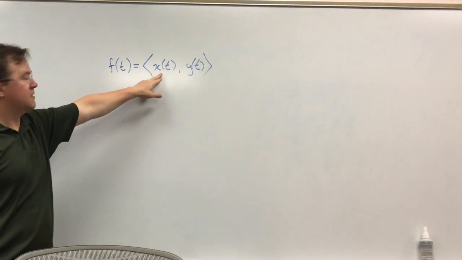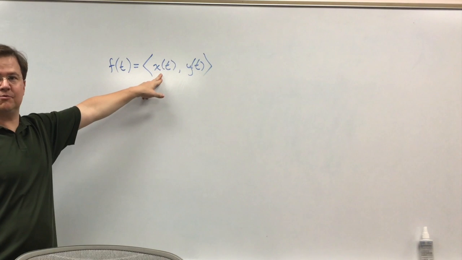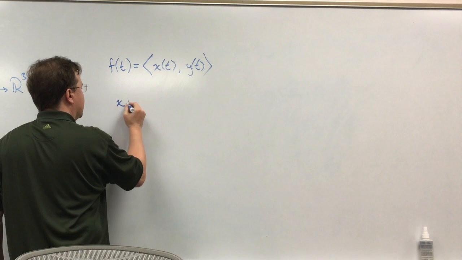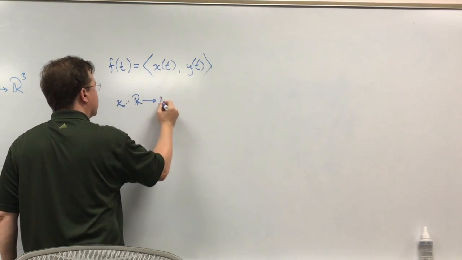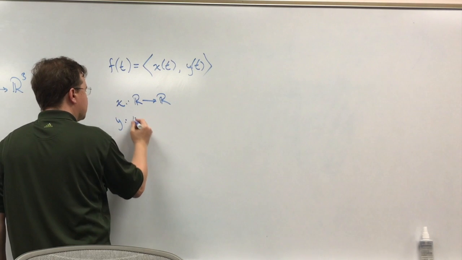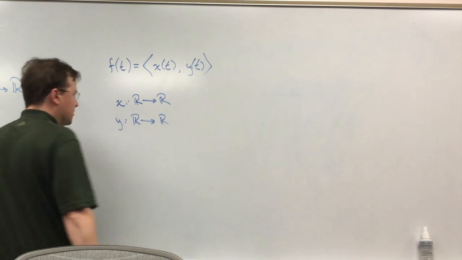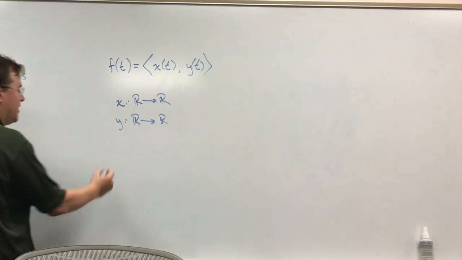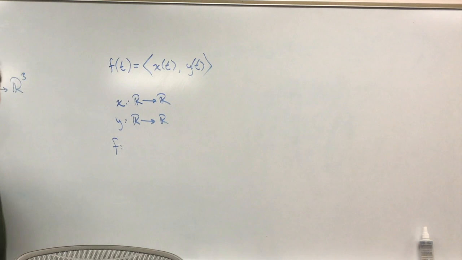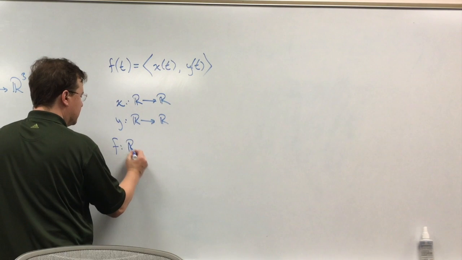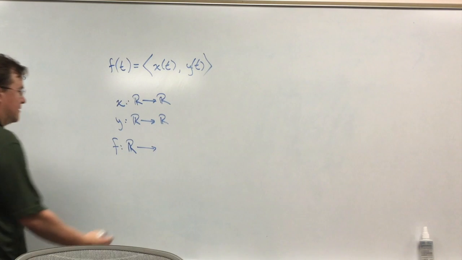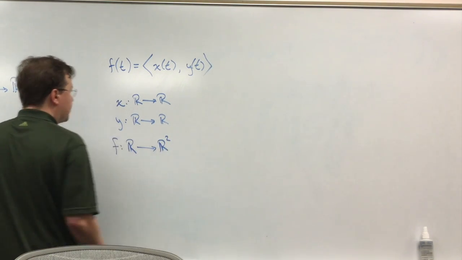For x, the input is a real number, the output is a real number. Right? So x as a function maps a real number to a real number. Y as a function maps a real number to a real number. Those are the ones we're comfortable with. But f, as an input, you're plugging in a real number, but as an output, you're coming out with a vector. So for example,